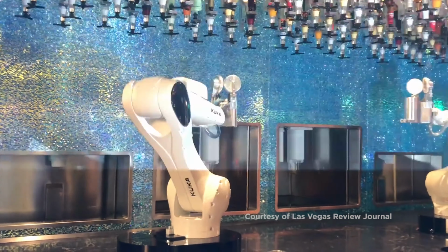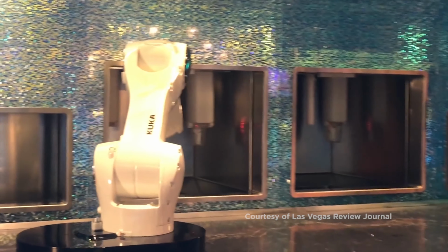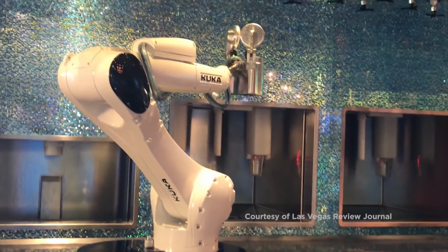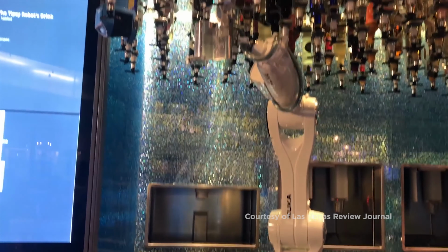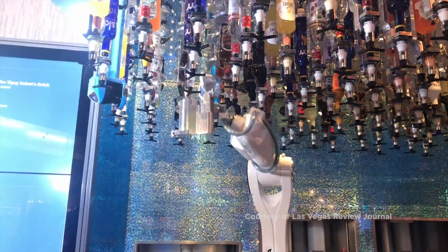This one here gets a lot of people. It's a big draw. I guess you get to say that you had a robotic bartender serve you something. If you are one of those doomsdayers and worried about artificial intelligence, this must scare the heck out of you. If you love to see a cool gimmick in Vegas and you're just having a fun time, this is pretty cool to go see, and I think they do non-alcoholic beverages for the little ones too, so you can always get one of them minors you might bring with you some good,